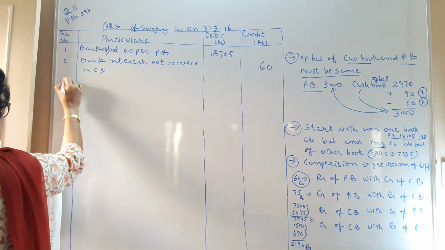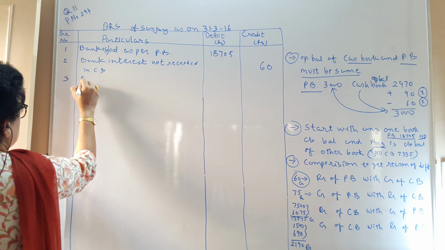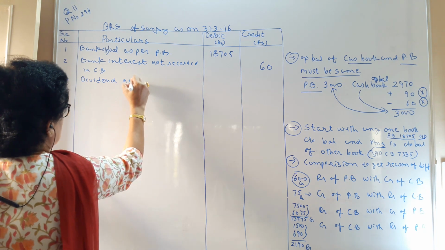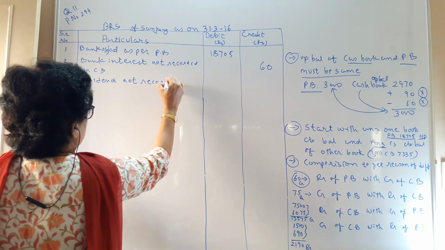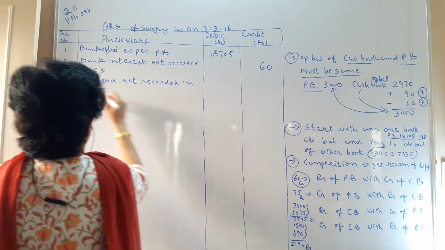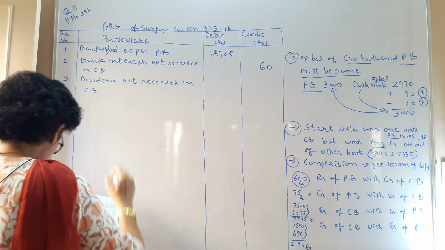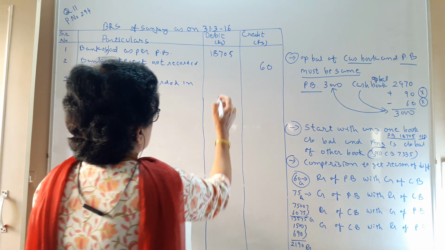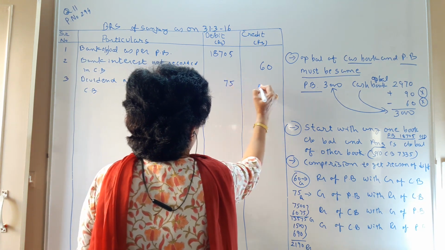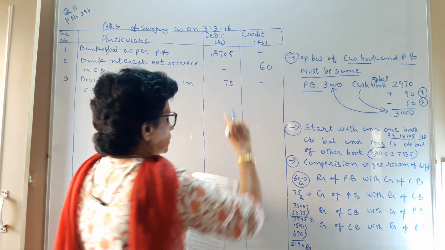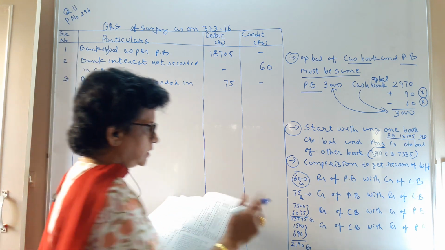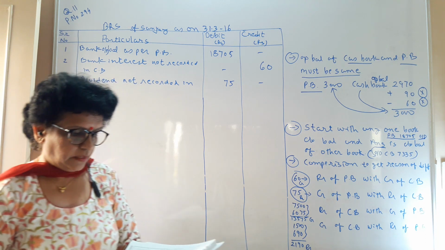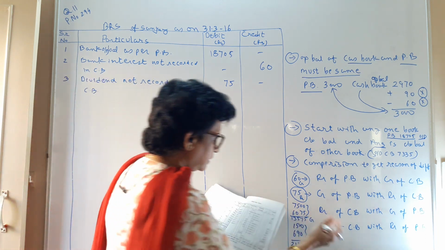So our third reason is, that is dividend not recorded in cash book. In passbook you have the entry. So 75 you have to record. 75 to be debited. What bank has done? You have to do the opposite. So the second we have found the comparison, 75 debit. Now let us compare the third.